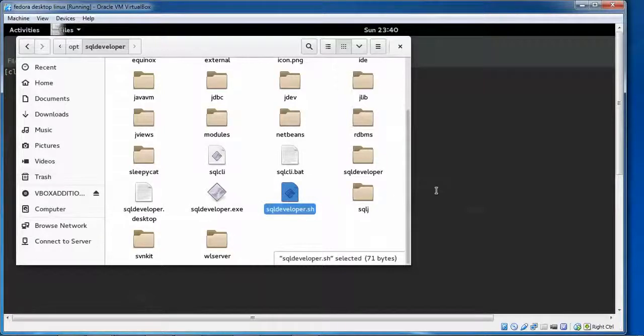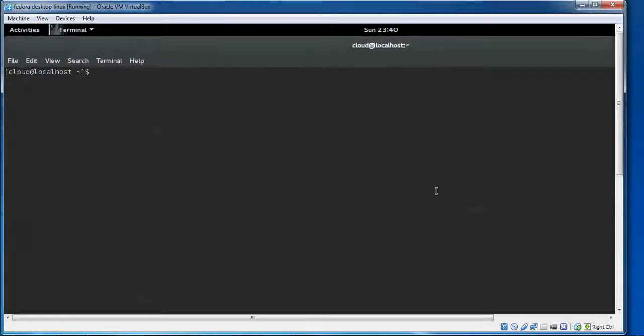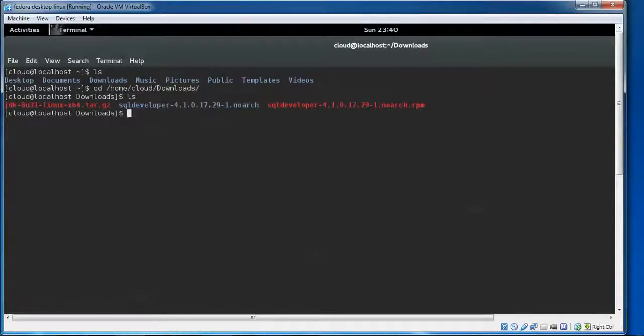I will show you how to run this file on the terminal. Type ls to check, go to cd /home/cloud/Downloads, type ls to check. Over here we came. Now type cd sqldeveloper, press enter and type ls.